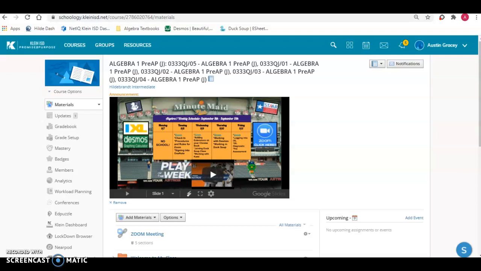Okay guys, we're going to look at the calculator that we're going to be using in class, and it's called Desmos. To get to Desmos, I'm going to show you how to get there from our